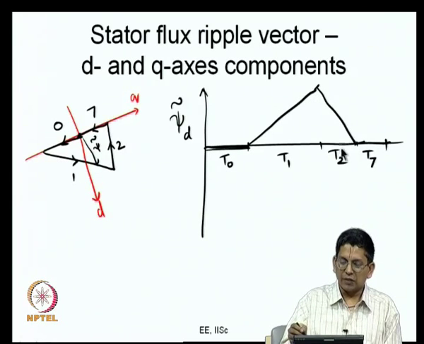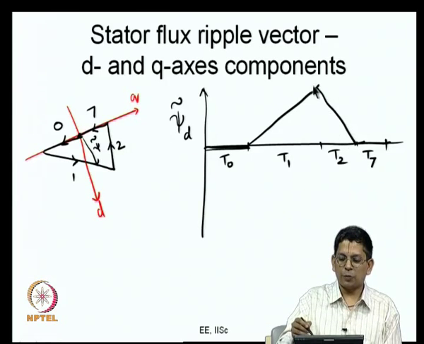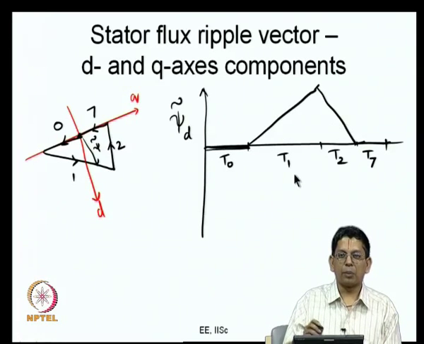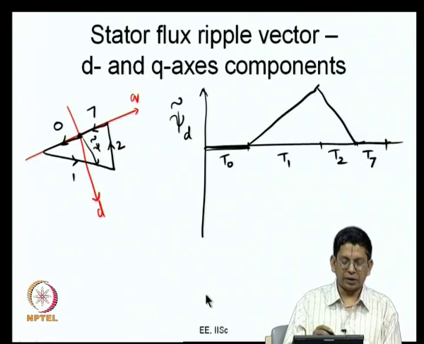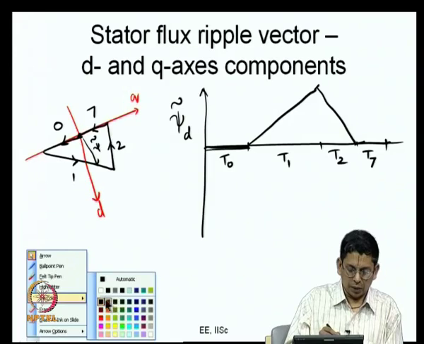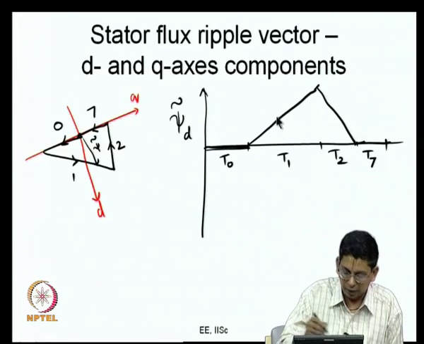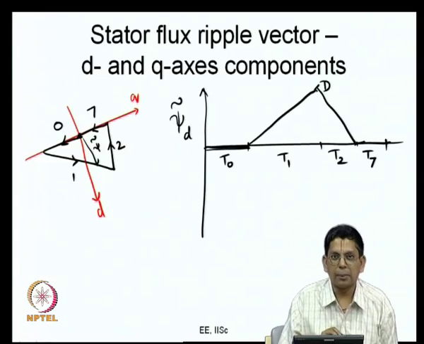And again in this interval the error voltage vector is constant, it is equal to v 2 vector minus v reference vector. It has a d axis component, that d axis component is a constant now, and therefore you get it as a straight line, while it is increasing here, it is decreasing here. So v d tilde is positive here and v d tilde is negative here, and you come back to this now, and it reaches some peak value, and let us call that peak value some capital D.